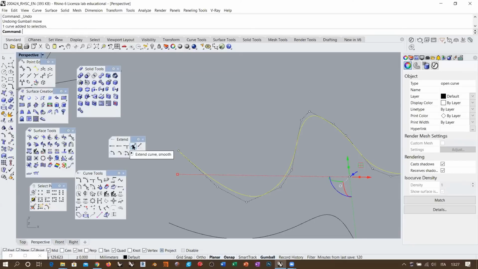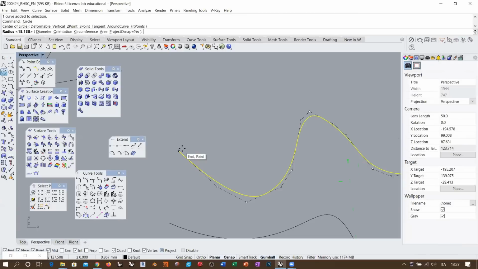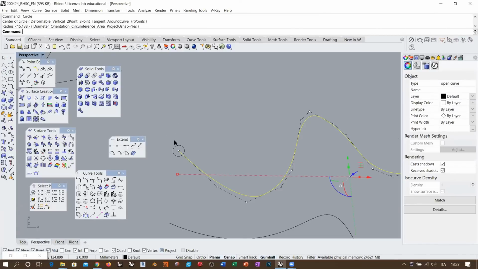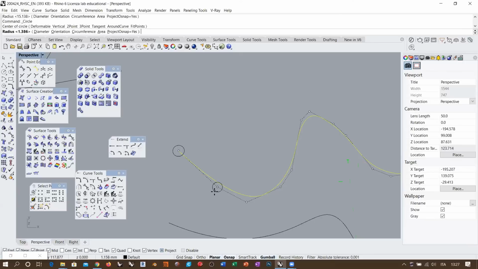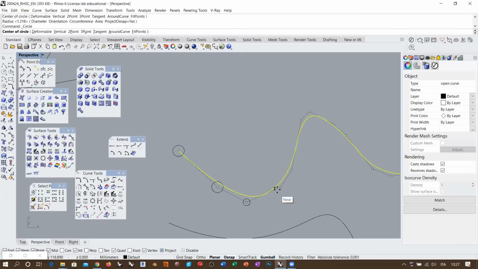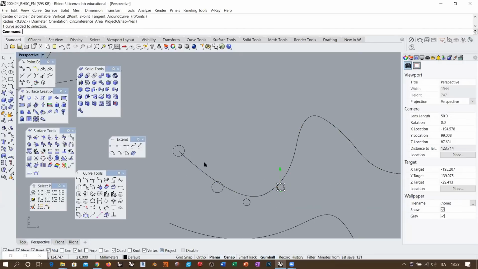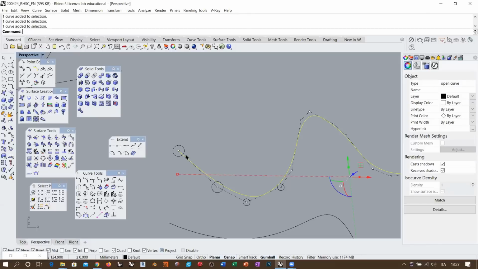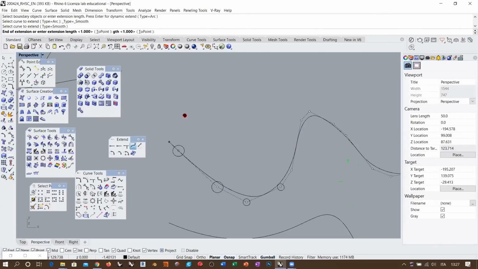But if you use a smooth extension, I'm going to point out the position of the actual endpoint and the position of these control points here. If I extend this curve with a smooth extension like this,